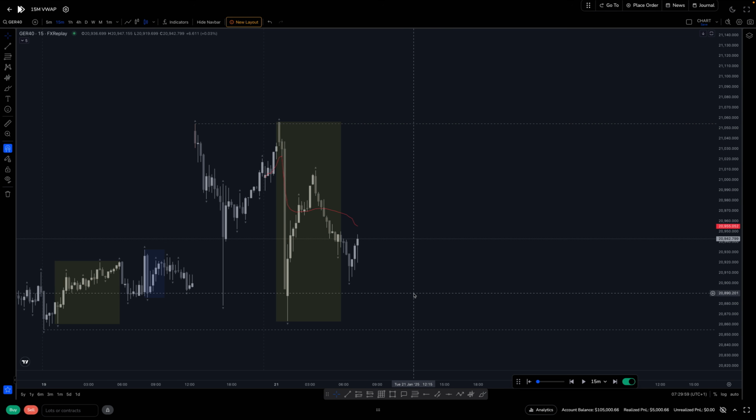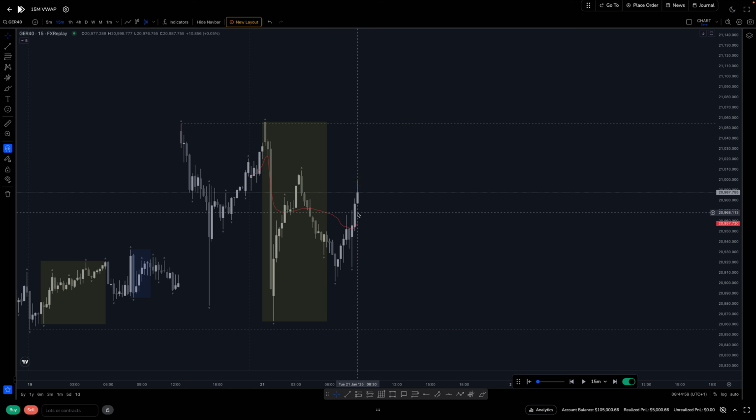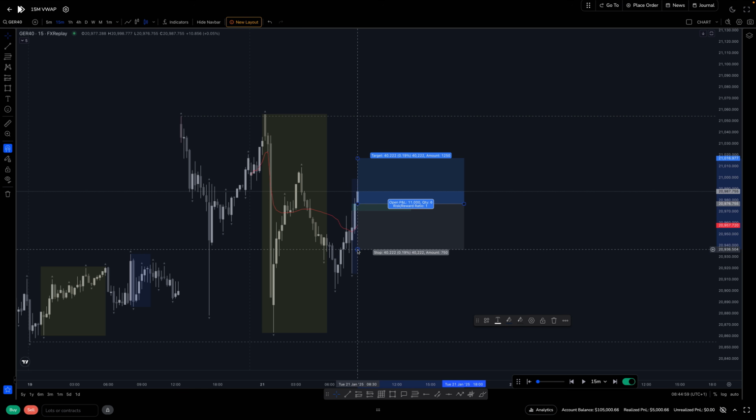New day VWAP. We're below it, so we're looking for shorts at the moment. We're now above. We've got a fair value gap here. So this meets all of the rules. The fair value gap is created during session. The only problem with this is, do you want your stop loss below there, or do you want your stop loss below there? With the amount of volatility, I would prefer my stop loss to be below there, but I'll probably just go,